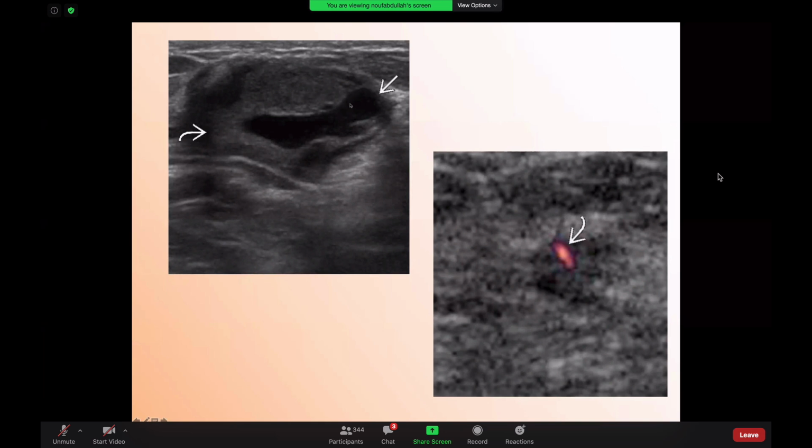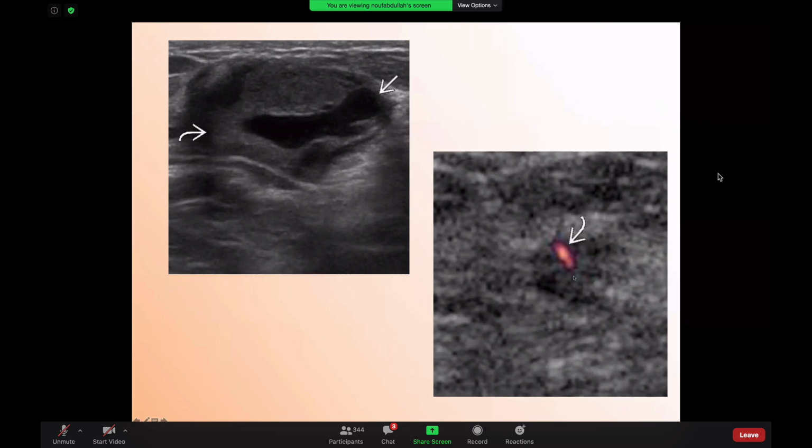Another description is when you have a predominantly solid lesion, however, it has an internal cystic component. Once you see the internal cystic component, this can be called a complex cystic lesion. Is it solid? It is solid. However, you can call it a complex cystic lesion because it has lots of cystic component. This is BI-RADS 4. It needs to be biopsied.